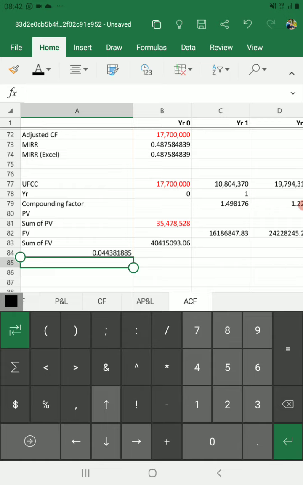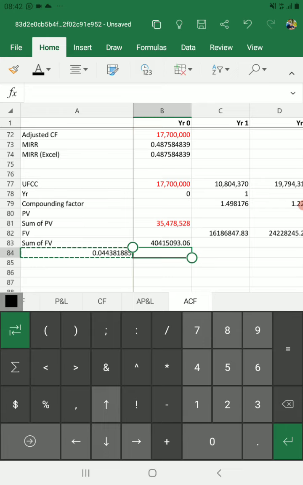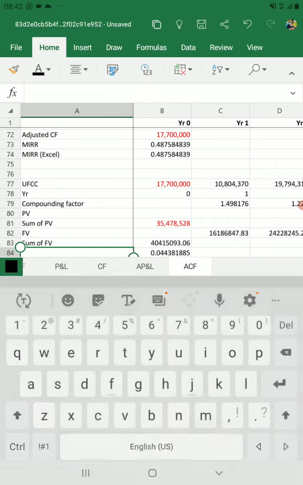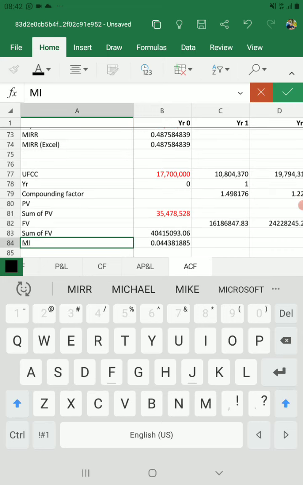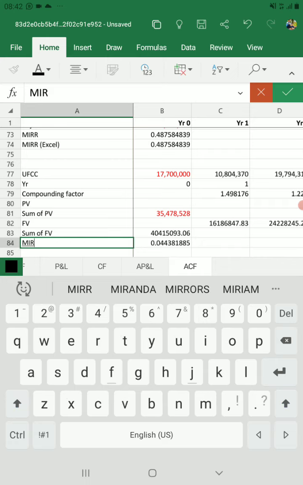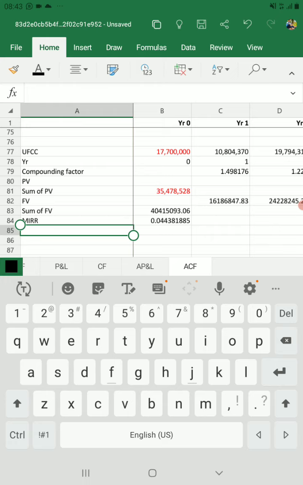Okay, so this is our, let me cut this here and paste it here, and here we say it is our modified internal rate of return, MIRR, which we have computed manually. And here we put our MIRR